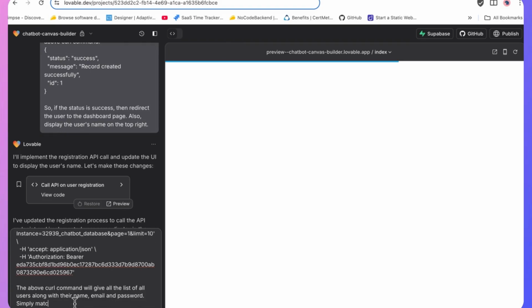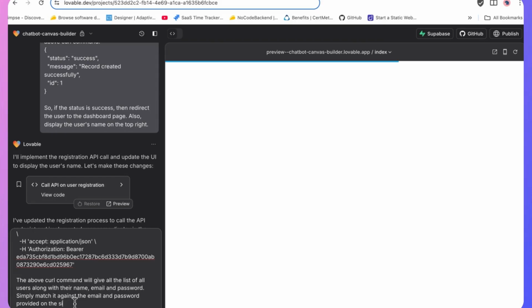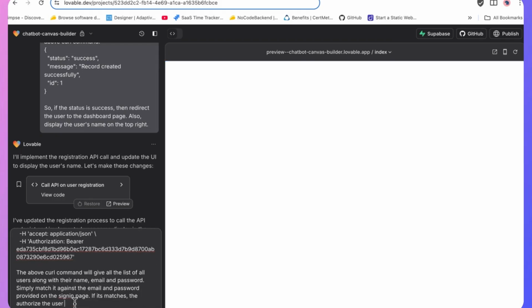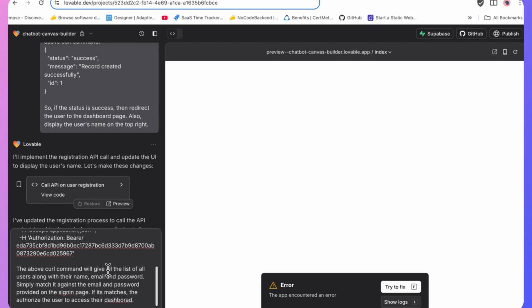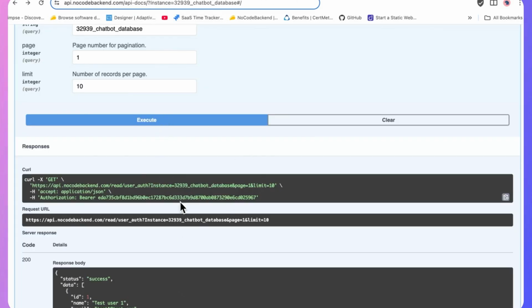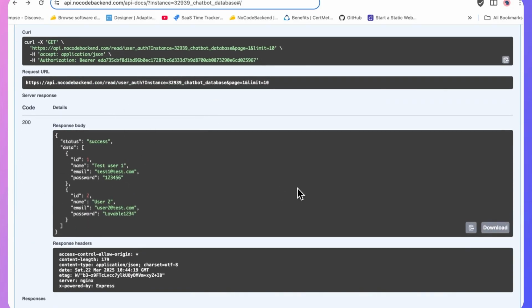Simply match it against the email and password provided on the sign-in page. If it matches, then authorize the user to access their dashboard. All right. So this is what we have told. Now let me give more context on what kind of response this API will give. This is the kind of response, so I'll copy this,